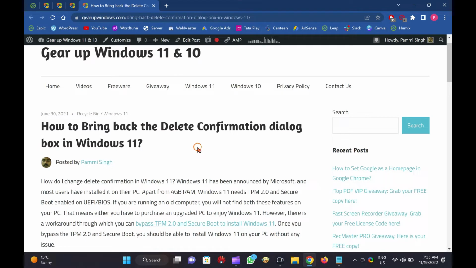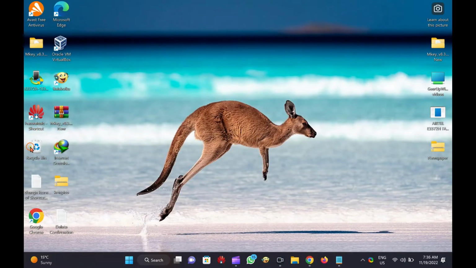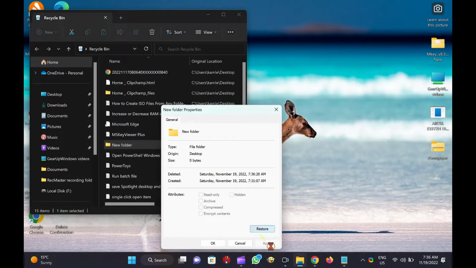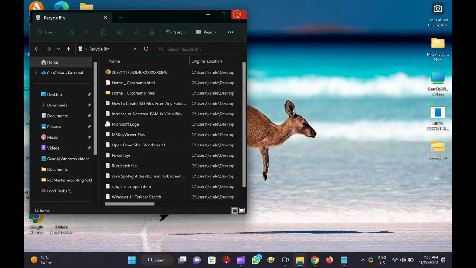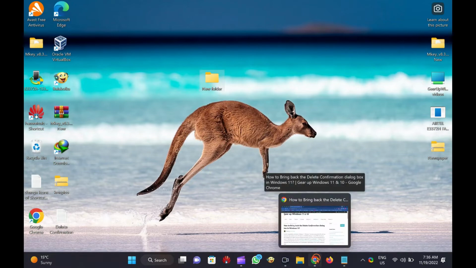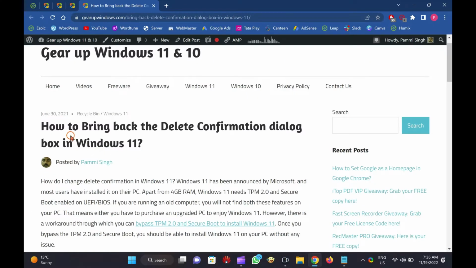However, the deleted file will land on Recycle Bin. You can restore them to their original location if you need. Most Windows 11 users do not like this behavior and want to see a delete confirmation dialog box. Many of us want to click the Yes button on the delete confirmation dialog box to remove them from their PC. If you are one of those Windows users who want to see a delete confirmation dialog box on Windows 11, this Garip Windows article will help them.